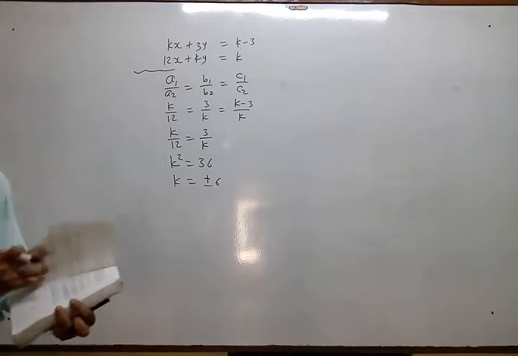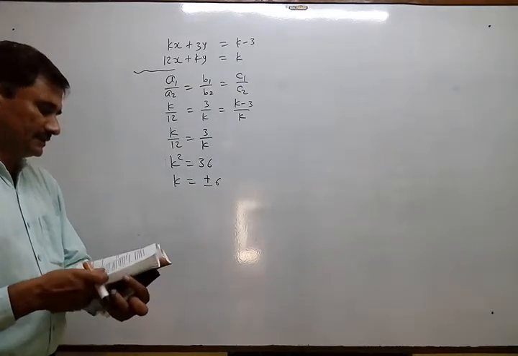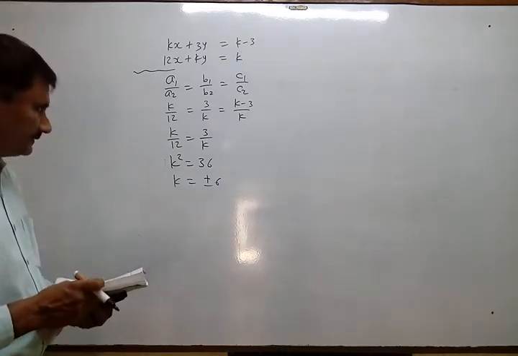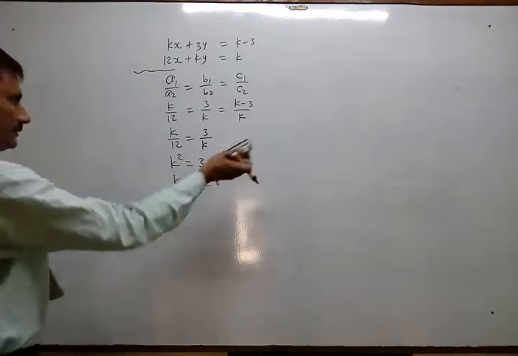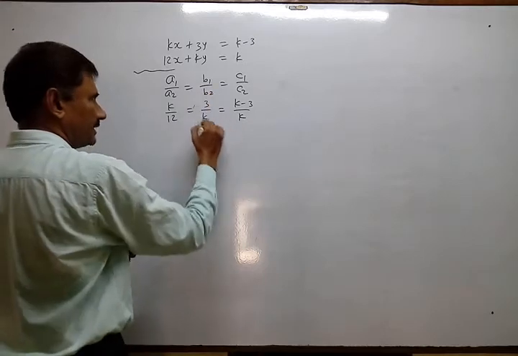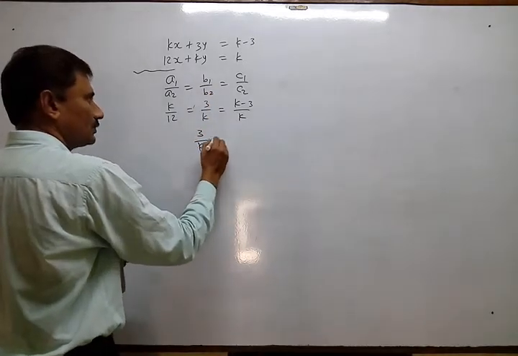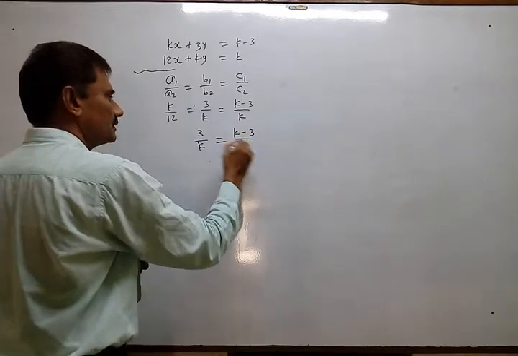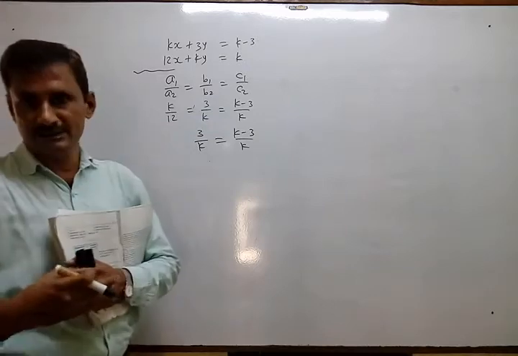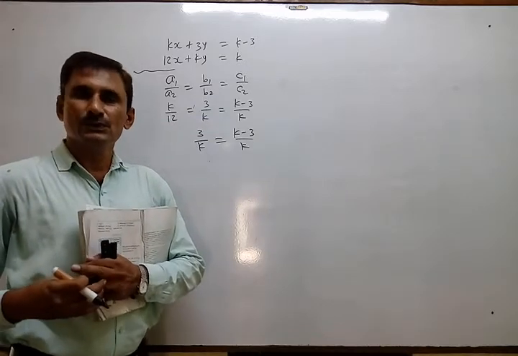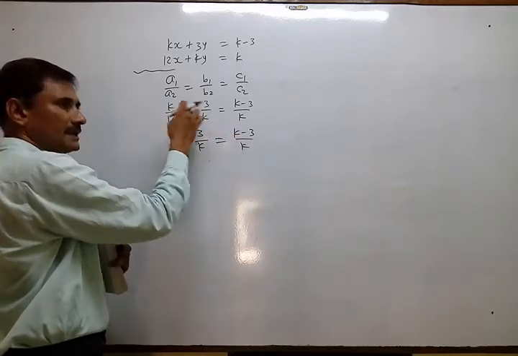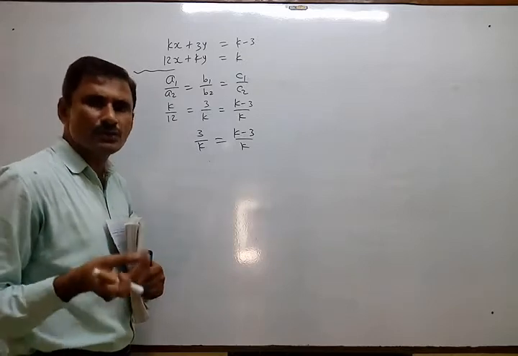So k equals plus or minus 6. Whenever you take a square root, at that time there are two answers. But here they write somewhat differently. I do not want to take a minus number, so we compare the second and third. That was not wrong, k minus 3 upon k. There also we get 6 from there, but 0 is not possible in the previous comparison. So we do it here that way, so that we get a linear equation. At that time we got a quadratic equation, so that is not advisable here.